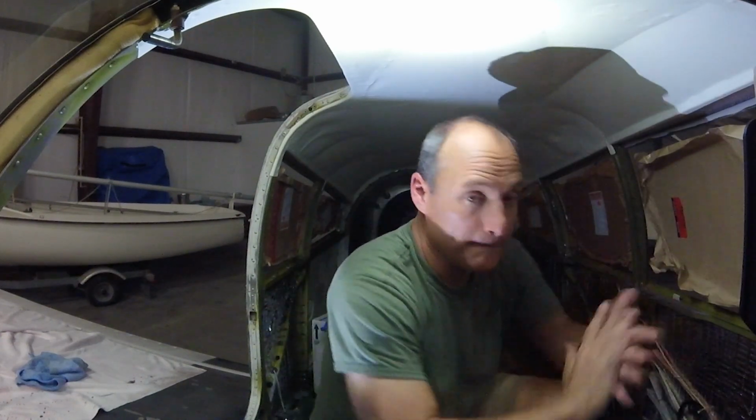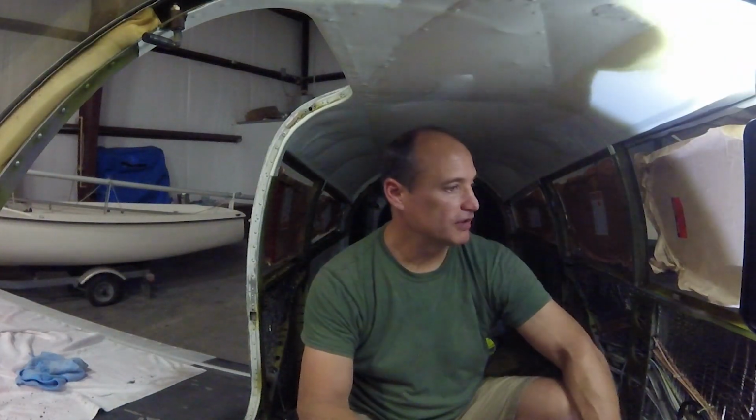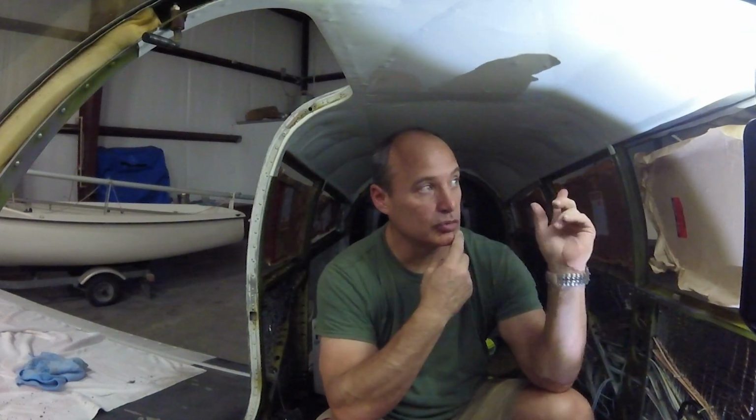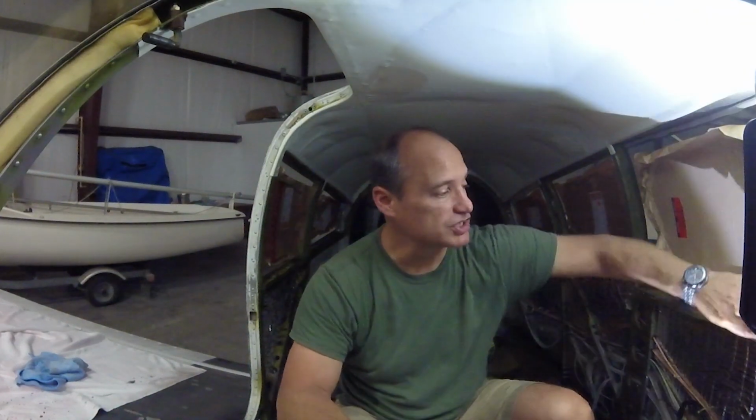Alright, it is 4:30, been out here for 6 hours. I was gone for a little bit, then I came back, so 5 hours. Anyway, almost 5 o'clock. I've got 4 windows in. 5th window needs 2 more pieces of trim. My patience is pretty much shot though at this point, and these screws are being a pain in the butt